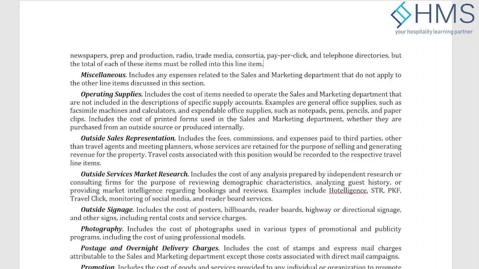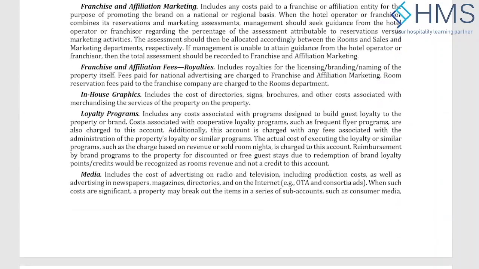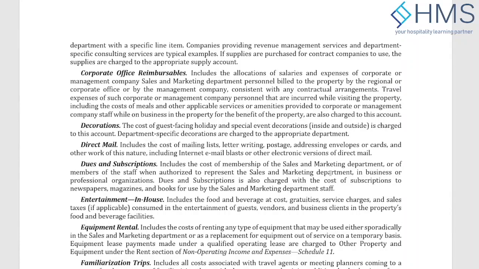Okay, sir, noted. One more question, sir: meals on checks, complimentary meals. If sales and marketing entertains any group heads or FOC guests, will it be categorized under complimentary services, or under fam trip if it is an in-house individual guest? It is entertainment in-house, because meals on checks are basically the consumption of F&B in the hotel. There is a code for that: entertainment in-house.